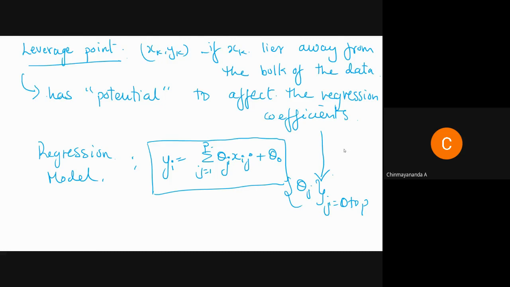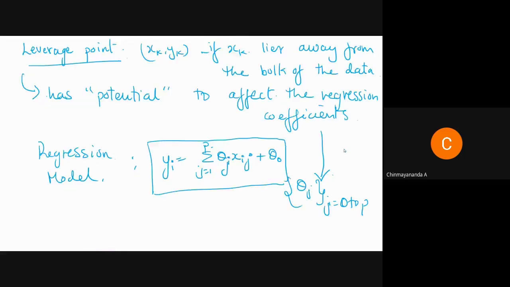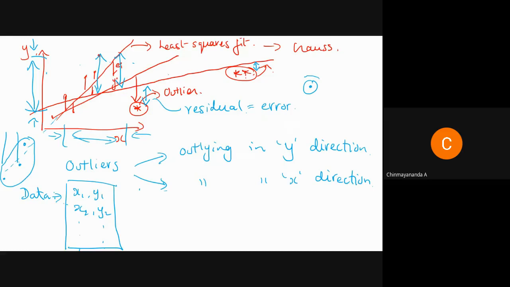Okay. So now you have to be careful. Your outliers can be because of, as we have seen, two analytical reasons. One is because of outlying in y direction or x direction. So this tilting of this line can happen either because of outliers in y direction or x direction. You cannot say because of exactly this type of an outlier you are having a tilt. Okay, it can happen in any of these cases.